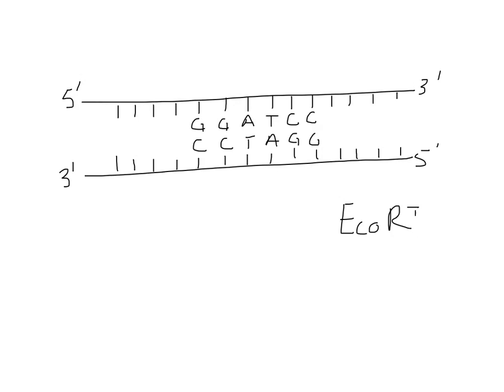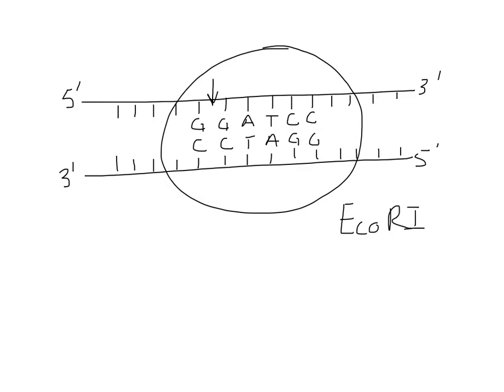EcoR1 recognizes this sequence, GGATCC, shown here. So this particular sequence, if it shows up in any piece of DNA, and EcoR1 is added at the appropriate buffer concentrations and environment, then EcoR1 will cut the sugar phosphate backbone between the G's, giving rise